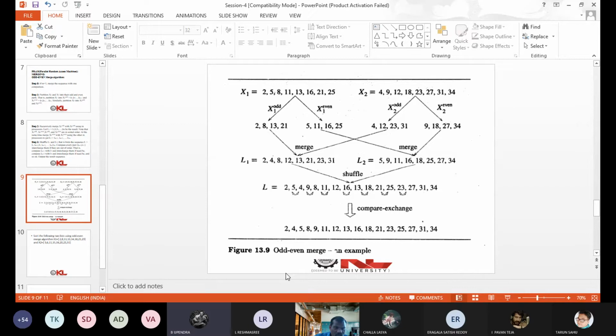Very good. X2 is given with 3, 6, 11, 15, 16, 20, 23, 31. Now you have to solve that example in the similar way which is appearing on the screen. Okay? Yes, sir. You do it.